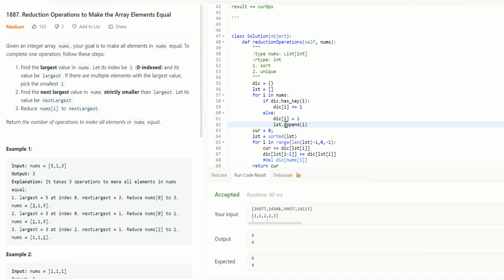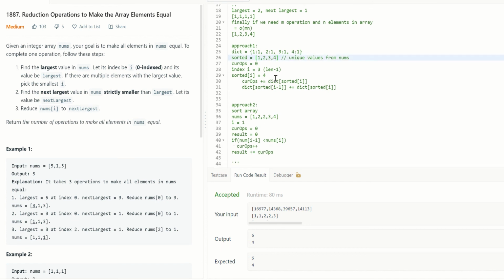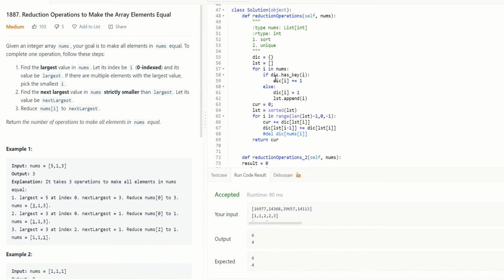As we said, we are going to start from the last element, processing these two steps essentially. So we start from the last index, n minus 1, going down with a negative step: n minus 2, n minus 3, until 0.